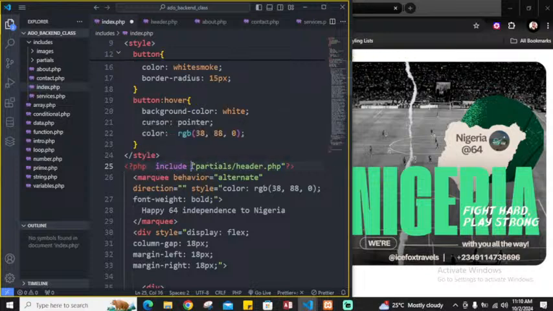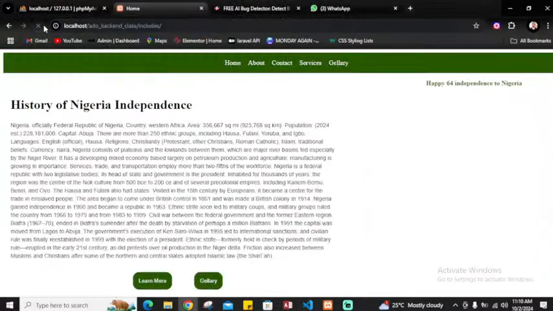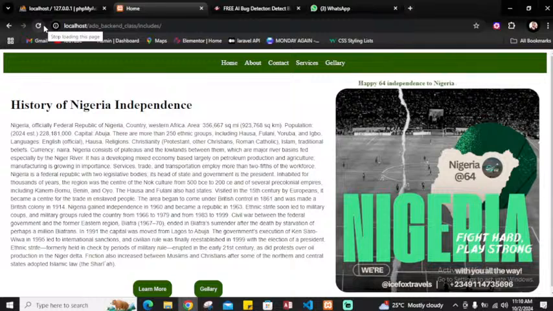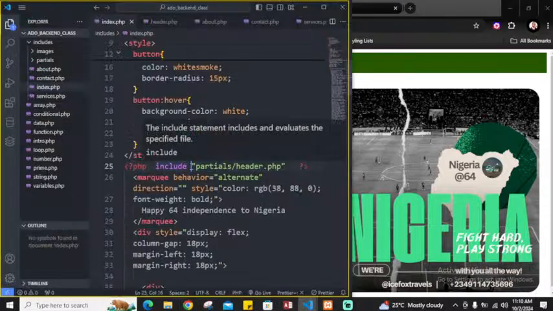So when you run this now, include. Why is this not giving me? Okay. Let me see. So what do you observe? I brought the header file from the header into the index using the include keyword in